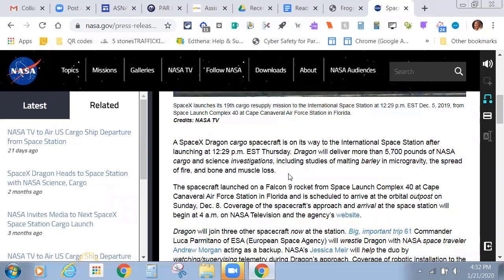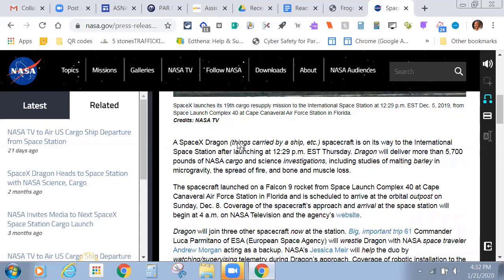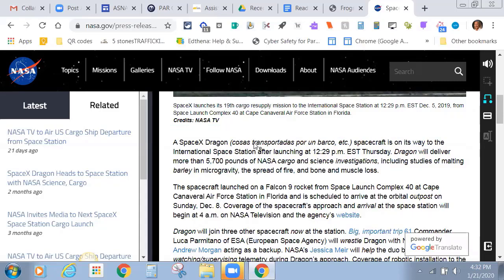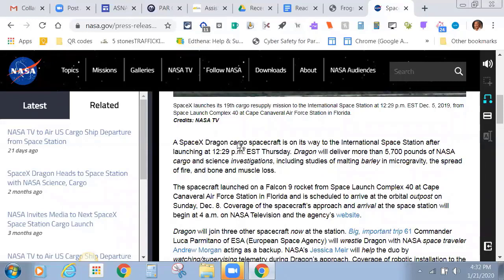But I'm going to click over here on Simplify Vocabulary, and my screen just sort of flashed, and now a lot of my words are italicized that weren't italicized before, and those words have actually changed. So it now says a SpaceX Dragon cargo spacecraft. Oh, that's funny, I just accidentally turned on my translation. And it just put it to Spanish, I'm guessing. But it still says cargo. So it did say cargo spacecraft, but here it's telling me the definition of cargo,